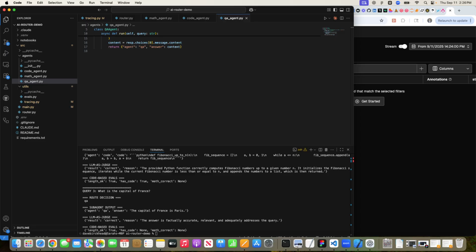This is intentionally really simple as a setup, but it mirrors a very common production pattern. A router directs traffic to the right specialized worker. What we're really focusing on today is how to trace and evaluate these runs. So here we can run the demo, jump in,